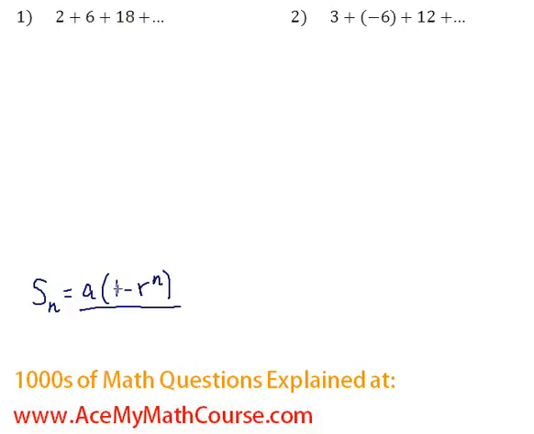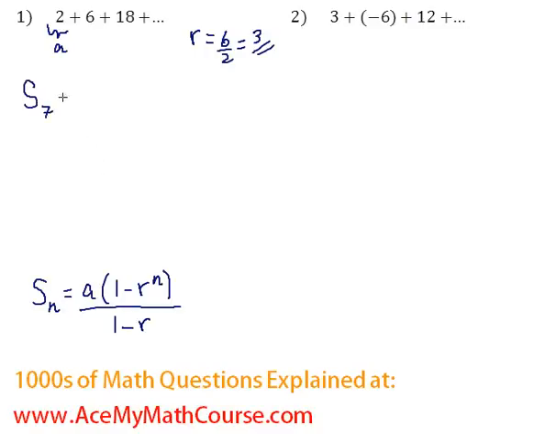So a times 1 minus r to the n over 1 minus r. A is the first term. What is r? R will be the common ratio. In this case, just 6 over 2, so 3. And what about n? Because I want to add the first 7 terms,